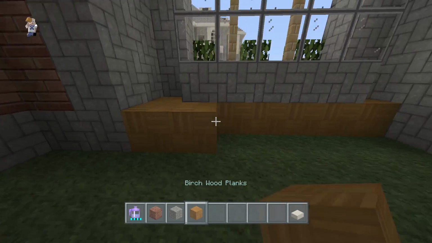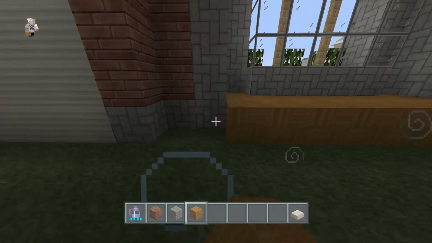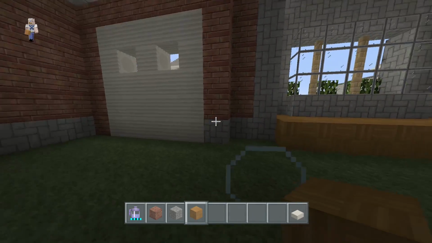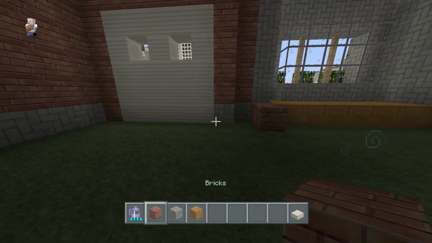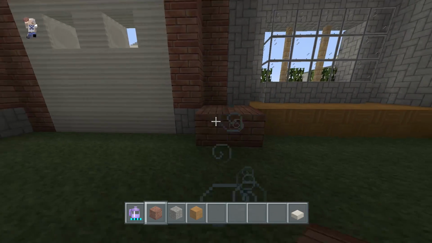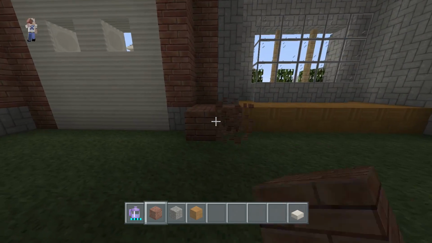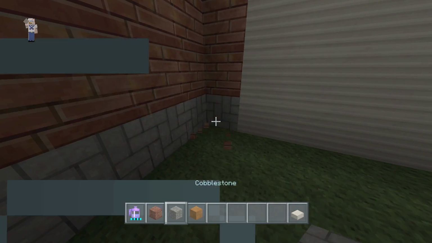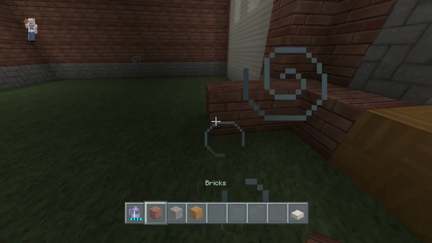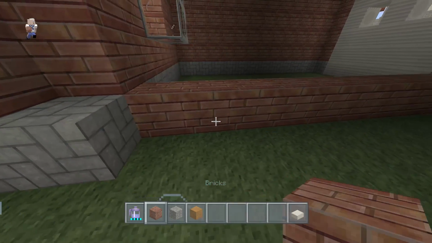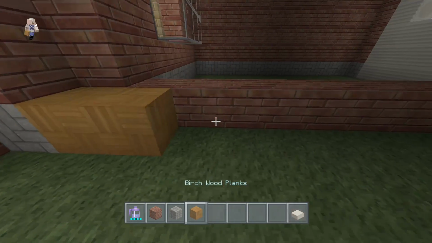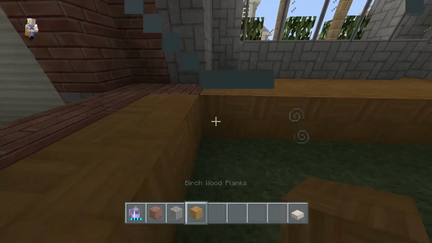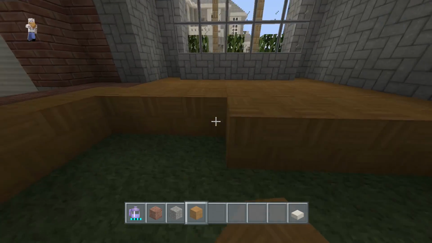And we're just going to fill all of this in with, when you get to the garage area, I would say the garage area, stop it about right here. So we should have one block left on both sides. And let's do that. Okay, so let's stop the garage here. So we'll come all the way across until it's there. But the rest of this area, we can completely fill in with our birchwood planks.